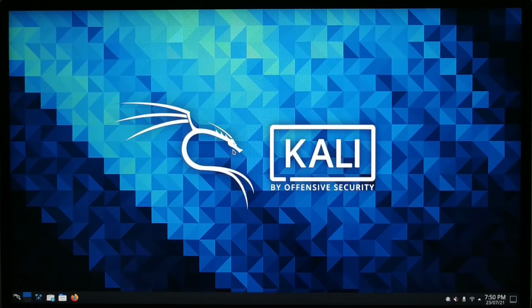Now we have to change one thing, that is the boot sequence. That is because during the installation, the Kali Linux bootloader, or the grub bootloader, has been set as primary instead of Windows or the primary operating system that we have. So if you want to keep this one as primary, no problem, you can leave it as it is. But if you want to keep Windows as primary, then we have to go to the BIOS settings and change it from there. So let's reboot the system now.